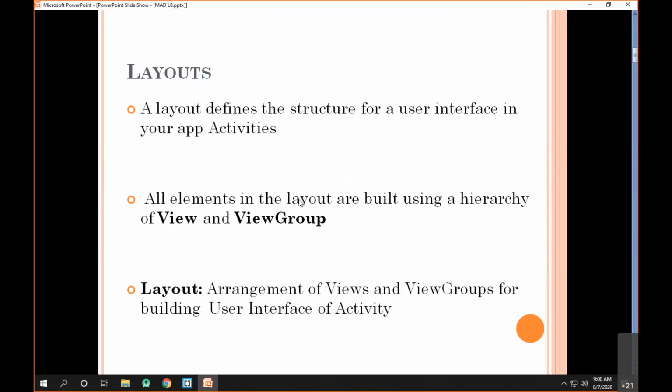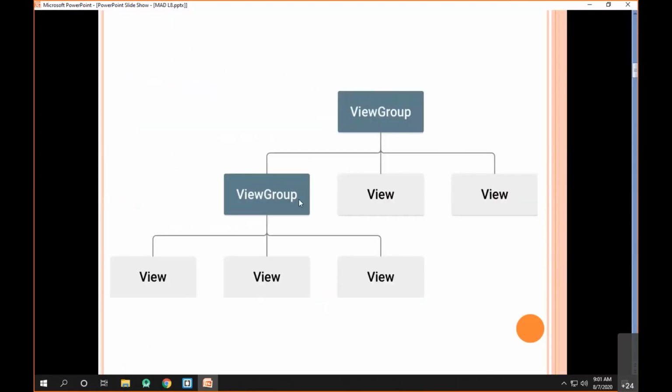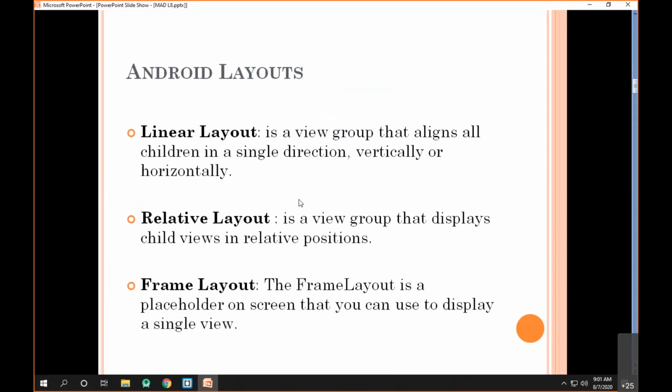We said that a view is nothing but a different kind of input control with which the user can interact, and the arrangement of the views and view groups is called the layout. Now, how many possible layouts are available? Android provides a variety of layouts to design user interfaces.